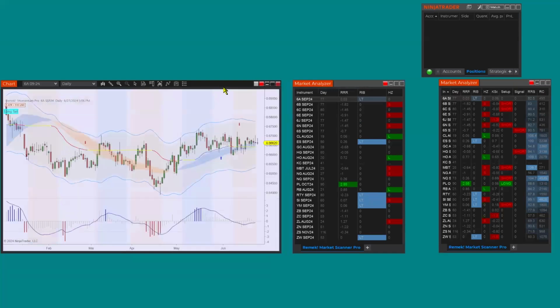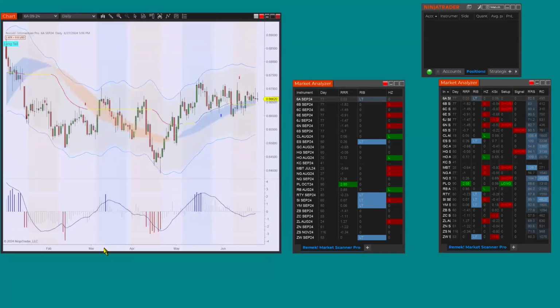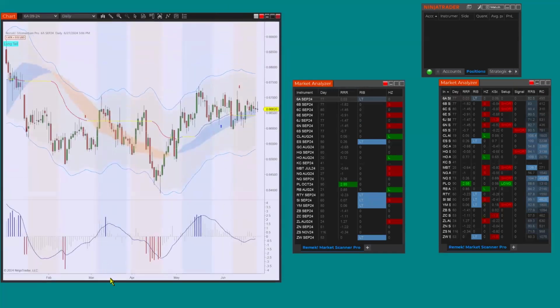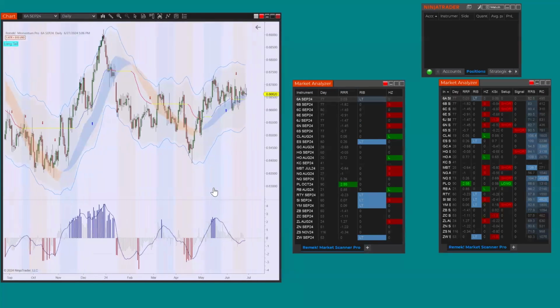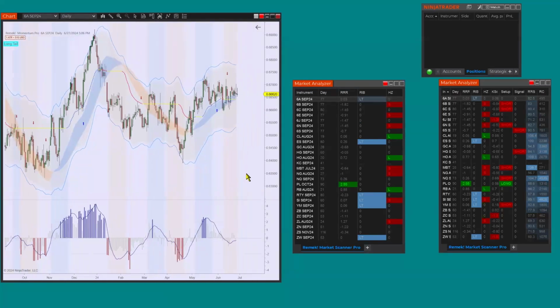So let's look at this daily chart. You will see that some of the background is shaded. And we have this triple R indicator, which converts volatility into standard deviation, remember? And what is the hot zone? The hot zone is basically the first